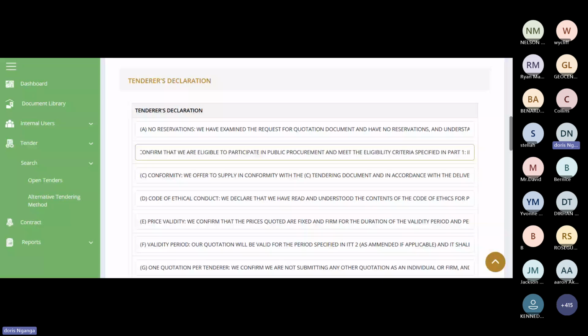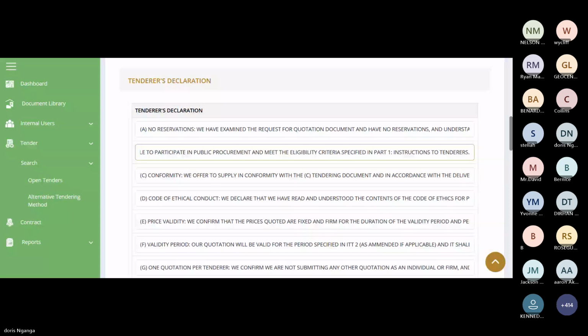Remember, we said before you start filling these tenders, before you start managing the tender, you have to download the document and read all the instructions. So at this point, I'm assuming you have read through the document and we have understood. So when I'm talking about Part 5 instruction to tenderers, we all know what we are filling in.